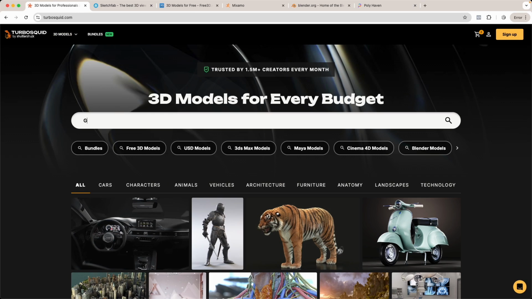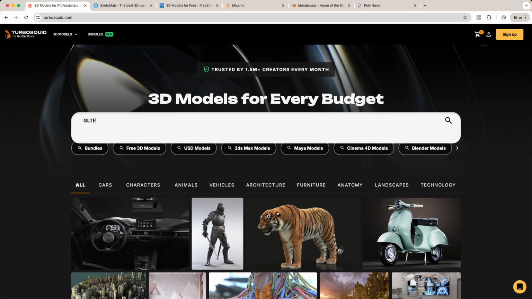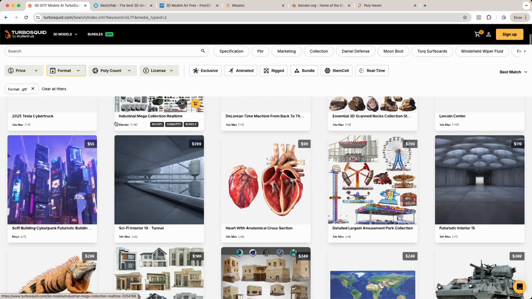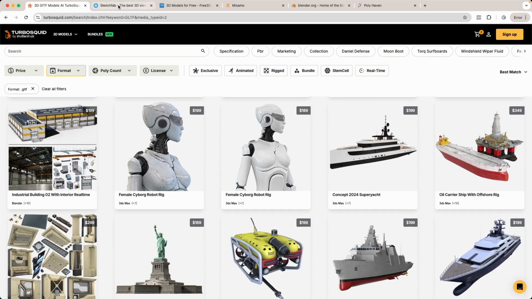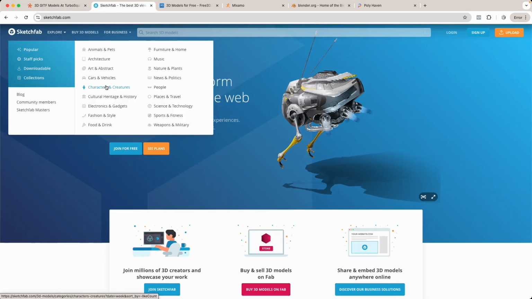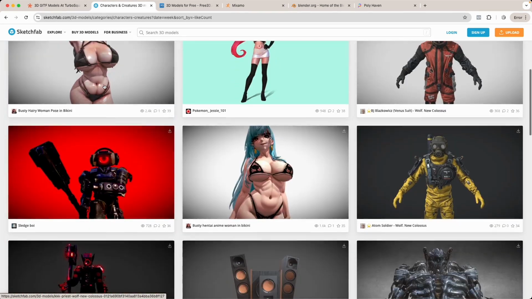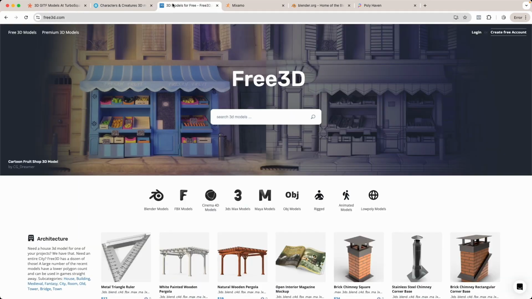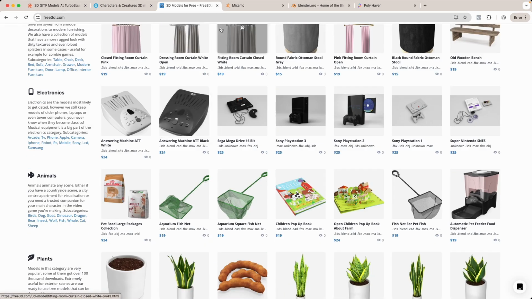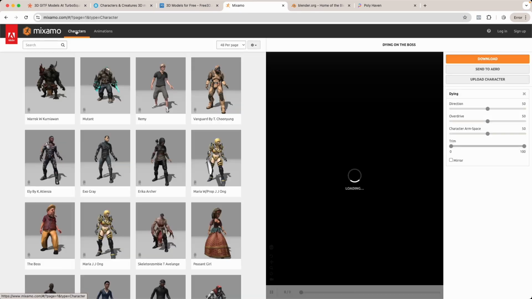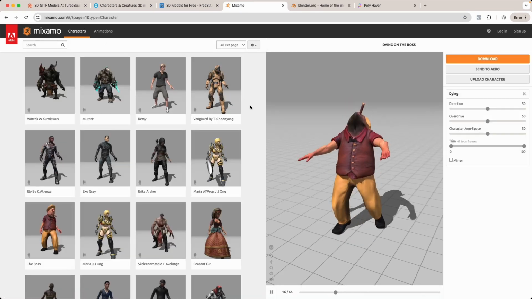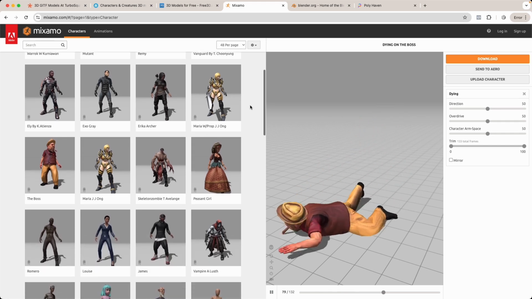For model, look for 3D models in .gltf format. You can find 3D models on websites like turbosquid.com, sketchfab.com, free3d.com, and also on mixamo.com. Mixamo site only exports animations with embedded textures in .dae and .fbx format, but we recommend